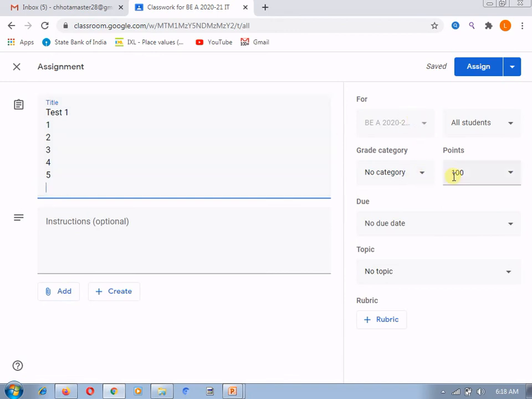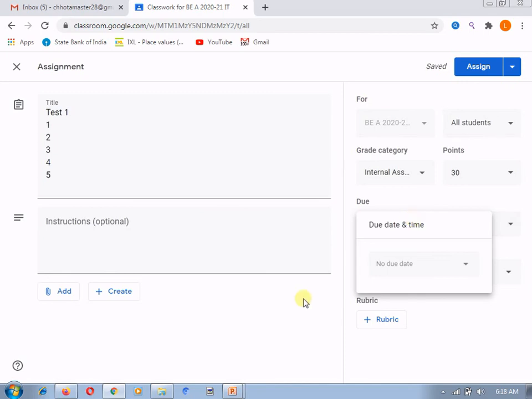Now for this test, again here you need to first of all select the category, that is internal assessment, and now I am giving the marks, suppose 30 for this particular test. Due date, yes, I can assign the due date. I can start the test, and I can assign the due date where you can select the date and time over here.